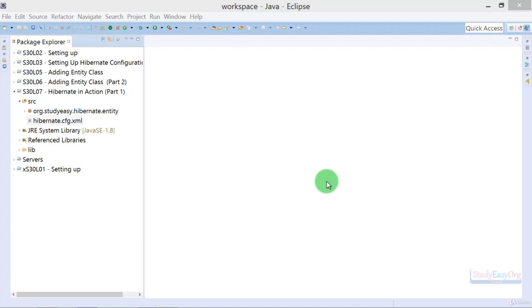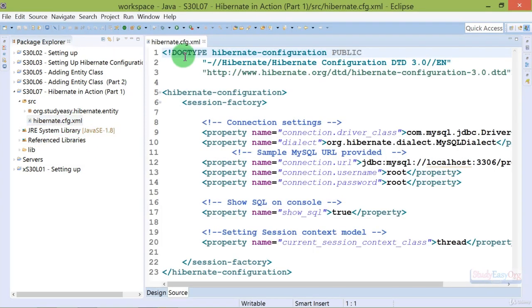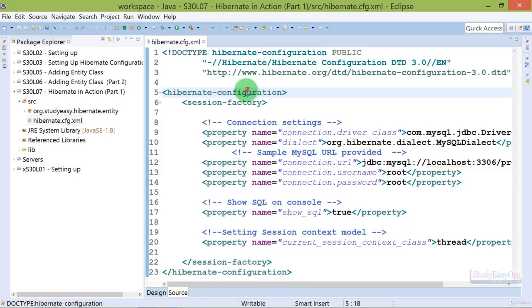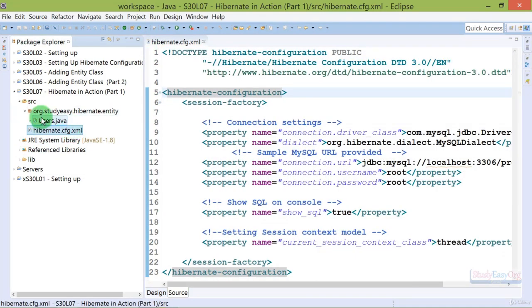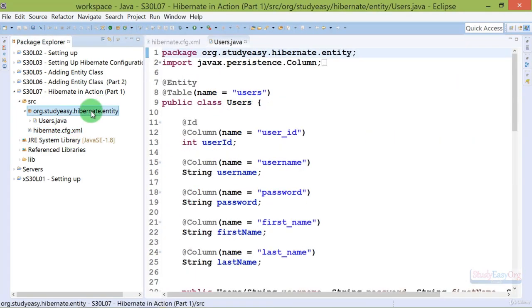The first step is adding a configuration file. In our case, we have already added this configuration file, hibernate.cfg.xml file. By the way, this name hibernate.cfg.xml is also the default name. So we have already done this step, added the configuration file. The second step being adding the entity class. So we have also done the second step, adding the entity class. Now would be the final step where we will add the code related to Hibernate, which will bring Hibernate in